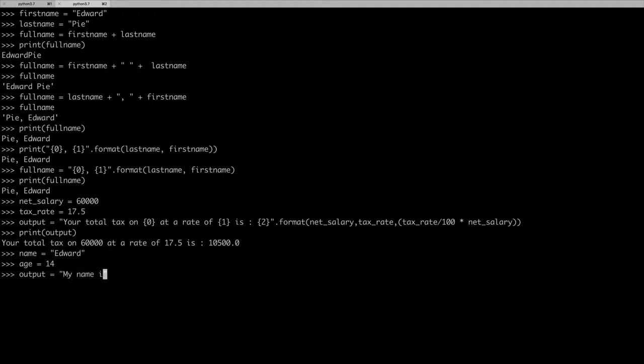my name is, okay. What I can do here, I'm going to leave the placeholder for now. My name is Edward and I am years old. And I'll say dot format. Then I will say name and then age. So if I print output,